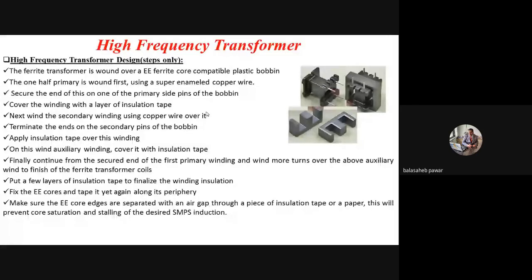So the second step is that the primary is wound first using super enamel copper wire. Now see what is meant by this enamel. Do you know what is the meaning of enamel? Can anyone say? Okay. Are you seeing the winding wound in that transformer, any transformer, conventional or this high frequency, ferrite core or any other? Are you seeing the winding? Yes, sir. Okay. So is it only copper wire?